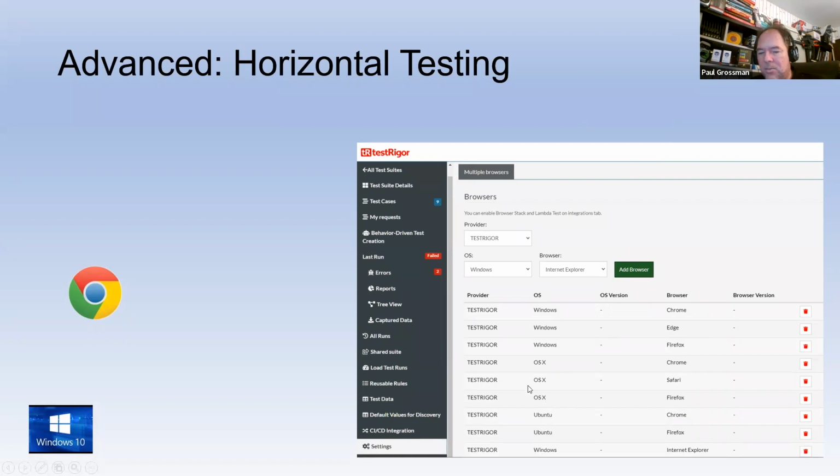Maybe there's some weird thing that happens on the Mac Firefox browser. There's someone out there using it in that combination, but we don't know about it because we're just a Windows Chrome shop. What if we want to make sure that our Linux people are working? We've got Chrome and Firefox on Ubuntu Linux. Are we sure that our application is going to work out there? We are increasing our coverage of testing from probably 80% with Chrome Windows to 99%, getting all 3 operating systems